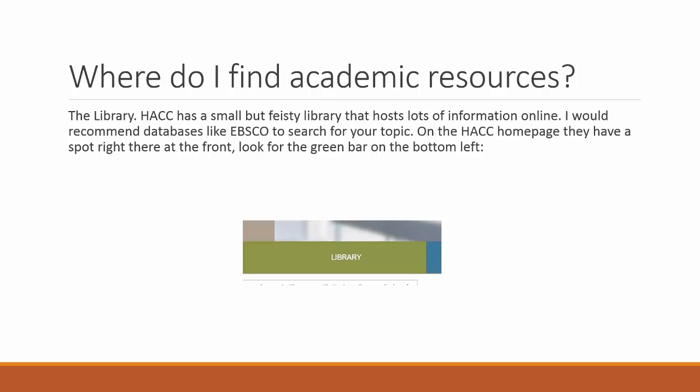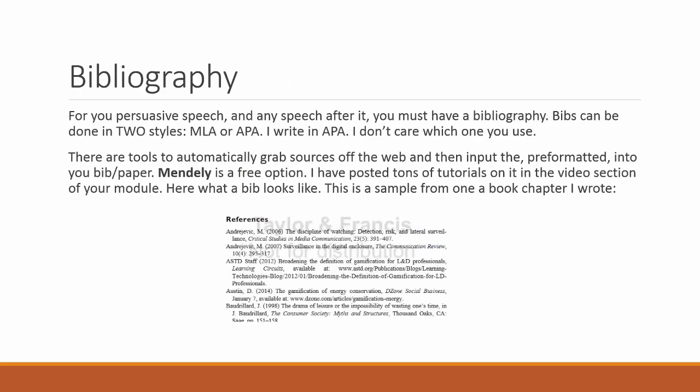Once you go into the library, there are tons and tons and tons of resources for you to figure out how to find sources. They're really good about creating instructional videos for it, but for the most part, really what you do is you go to the database search function and you go to the book search function. You set it up so that you only get texts that are available online, and you set EBSCO up so that you get articles from journals, newspapers, magazines, anything that you want, and then you just start typing in terms, those terms that are related to the elements of your speech. And you'll start generating a big list. So it's pretty simple.